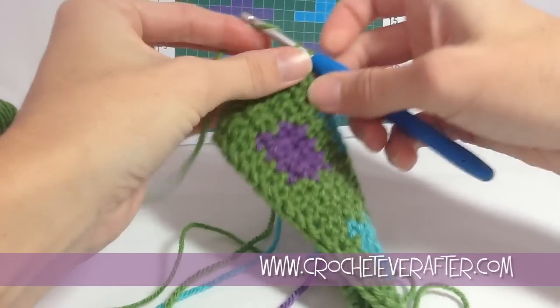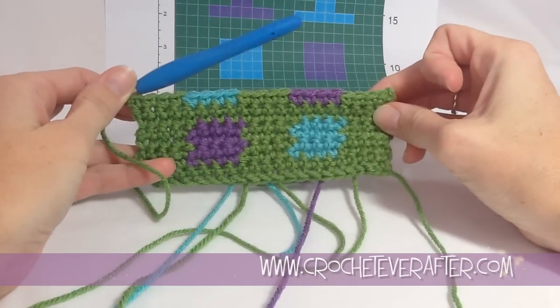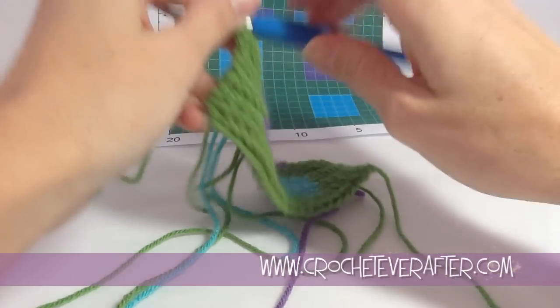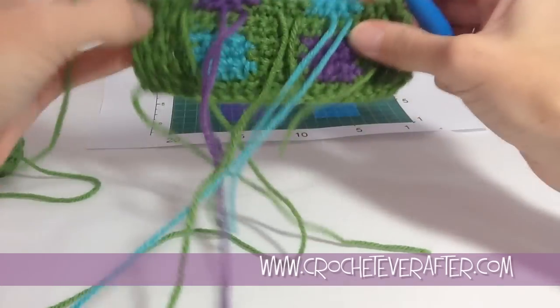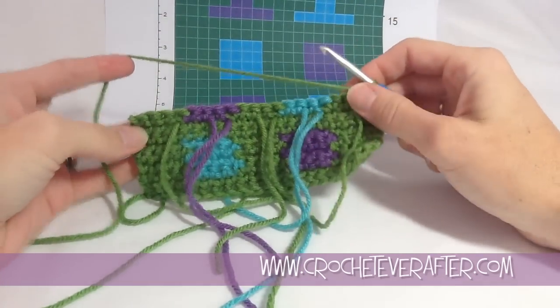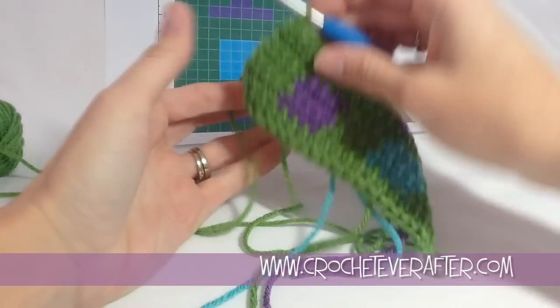Alright, so now we've got our first row of Intarsia done. Looks pretty clean. Backside, crazy mess. Lots of tails. So, when you turn your work, how I was saying, to try to keep it from being too tangled,